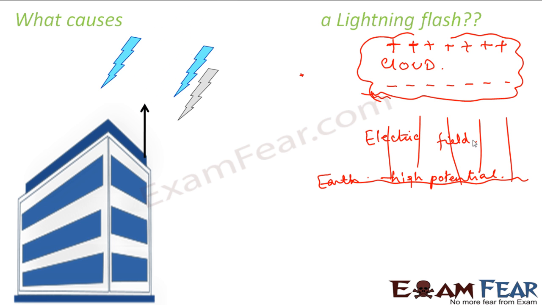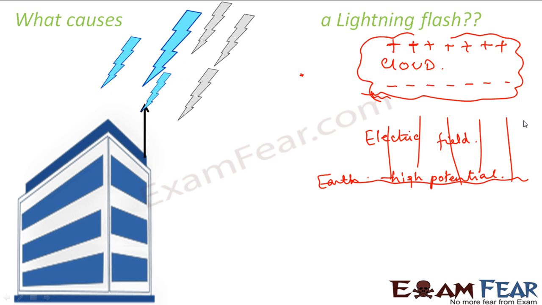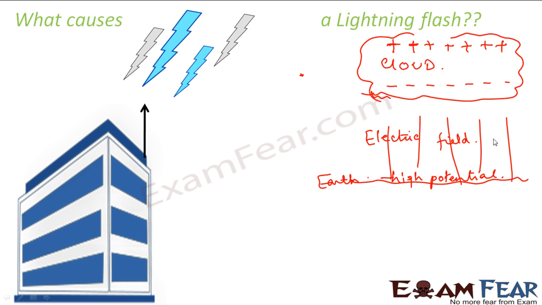Because of the presence of this electric field, the air which is present in this portion, the atmosphere, that is a mixture of gases, gets ionized. What do you mean by ionized? For example, just now I gave you an example of a hydrogen molecule. When it loses one electron, it gets ionized. That means it becomes an ion. And you know that ions are very good carriers of electricity, right? Because whenever you have a stable molecule, it is not easy to move an electron from that molecule. But when you have an ion, it is very easy for that ion to conduct charge.